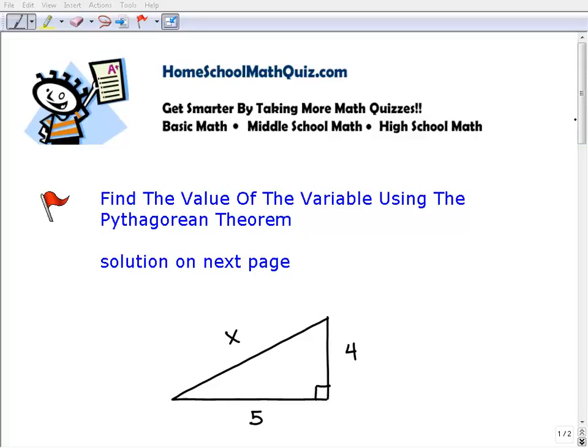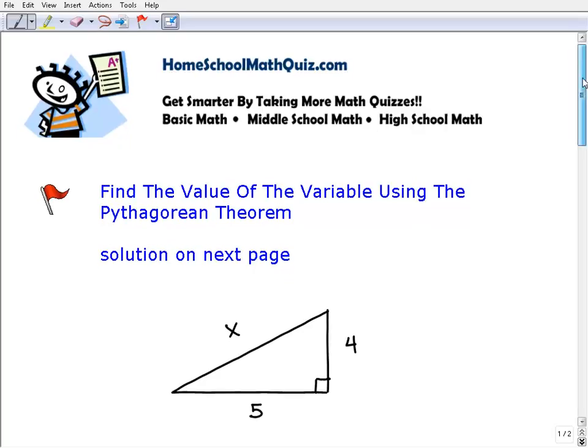So it's a pretty straightforward problem, and let's suppose right now you don't know anything about the Pythagorean theorem. So before I show you the answers to this quiz, maybe you want to look it up, do a little quick research and see if you can take the quiz. But anyways, hopefully you had a chance to try to answer this and pause the video, and let's take a look at the solution. All right, so